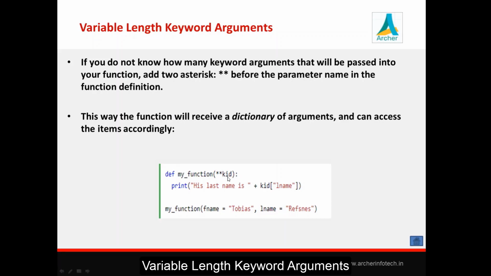We will receive them inside this variable, which will be preceded by 2 asterisks, and internally in this function, this variable will work as a dictionary. Whatever variable we write over here to store the keyword value pairs coming from the function call will work internally inside this function as a dictionary, and we can access these values by using the syntax we have seen in case of dictionary.